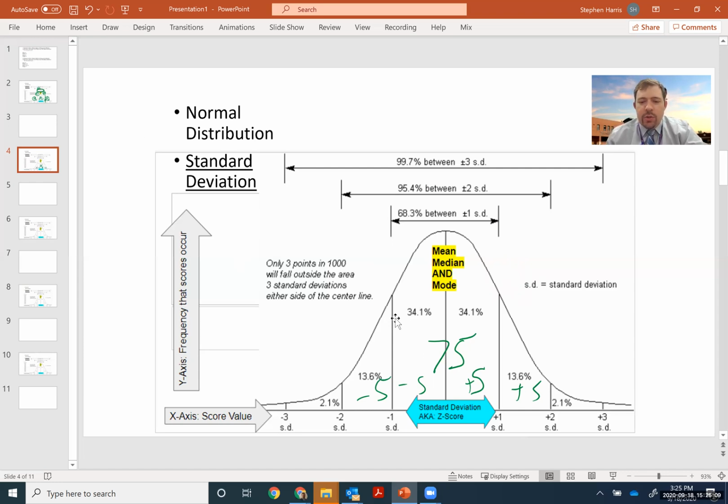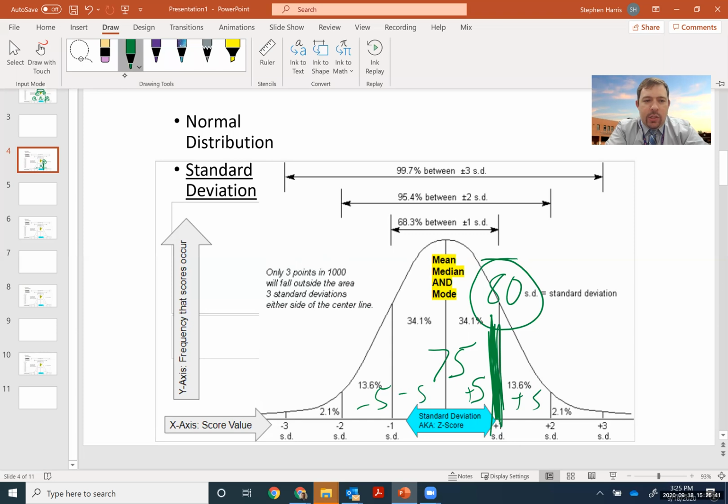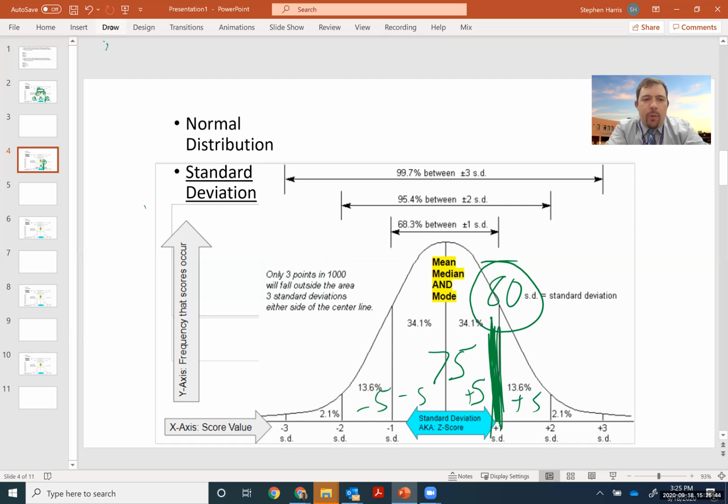So how many students received a score of 80 or better? So the first thing I need to now figure out is, where does the score of 80 fall? And so 75 + 5 = 80. So here's our magic score, right on this line of +1 standard deviation. So now we need to figure out, well, how many students received that score or better? And in this case, what I recommend doing is trying to break the math down where it's the most easy. And there's multiple ways to come to the correct answer here. But the way that I would recommend that we do it